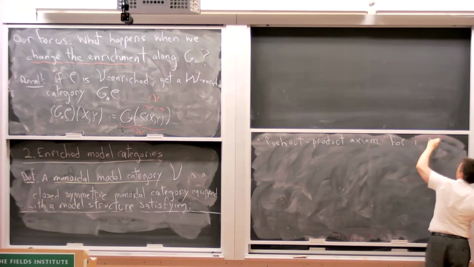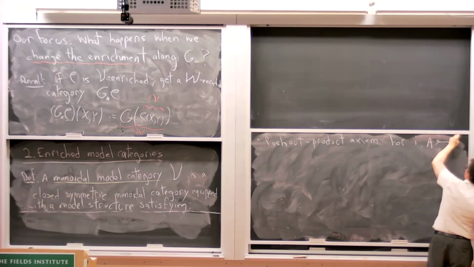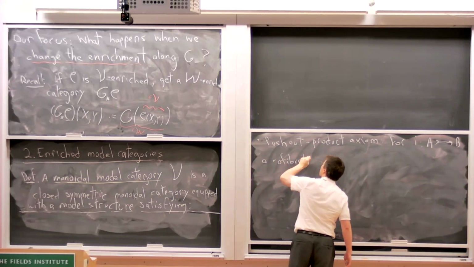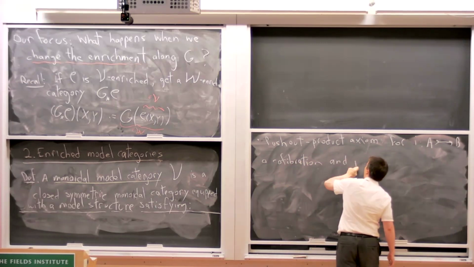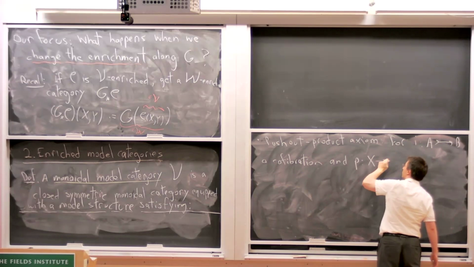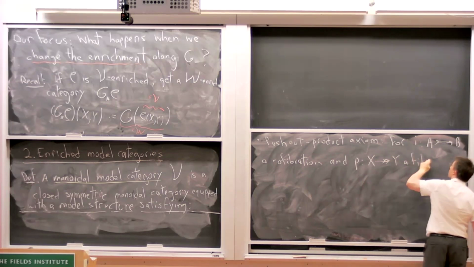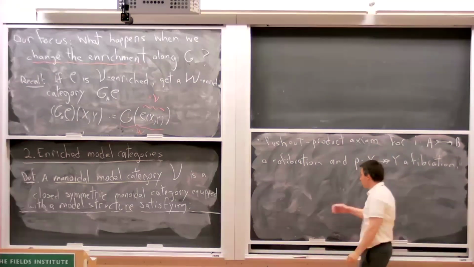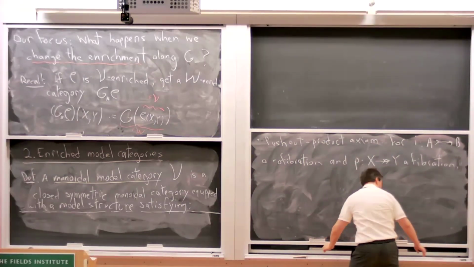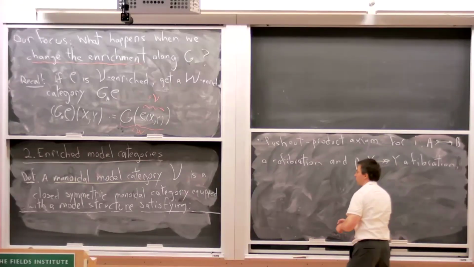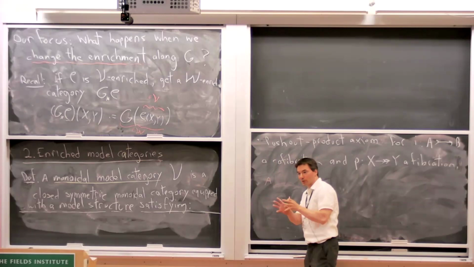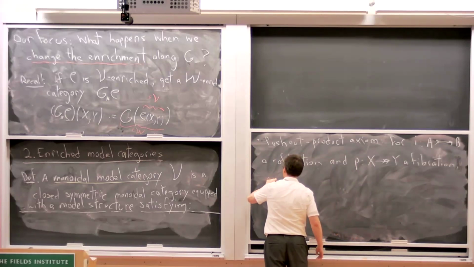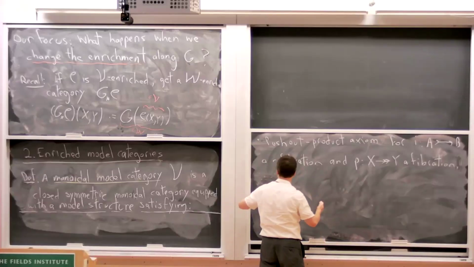You start with a cofibration I and a fibration P. The map from the pushout product, let me just recall how that works. You tensor the two things separately and then use the maps in the only possible way you could use them. Oh, I'll write my tensoring on the right.